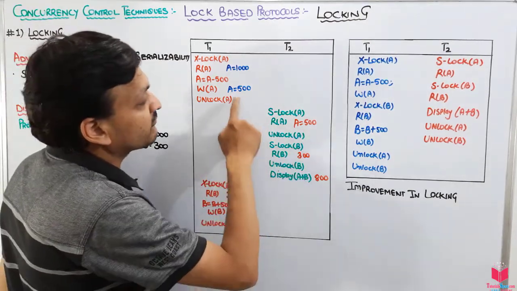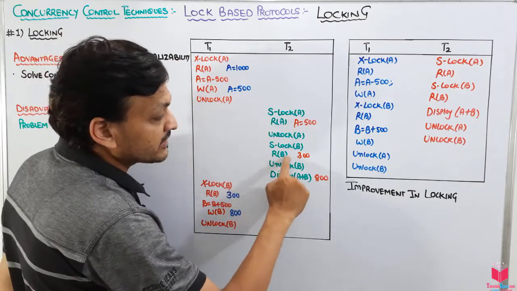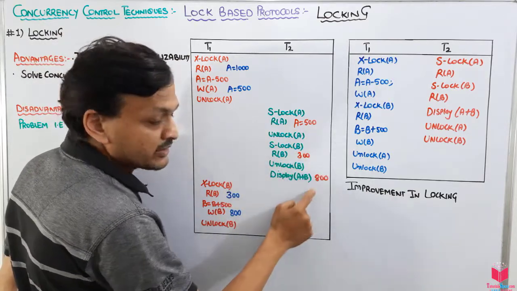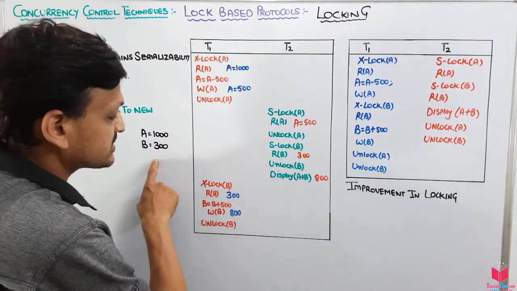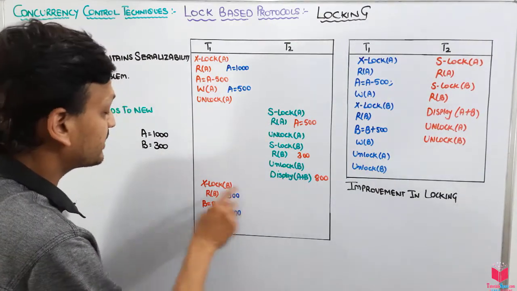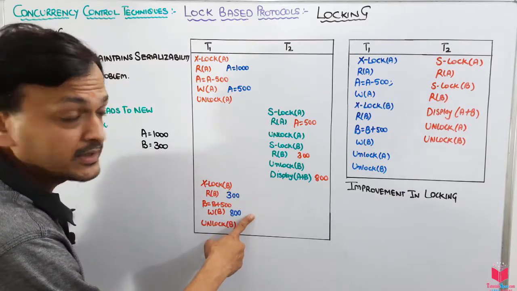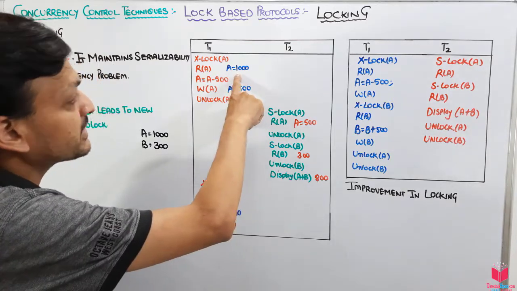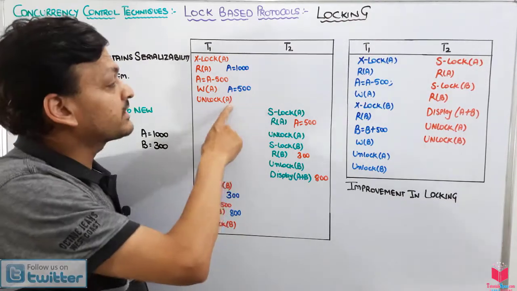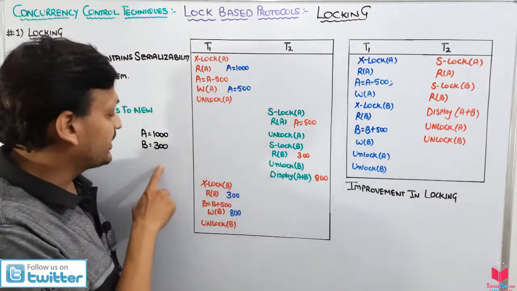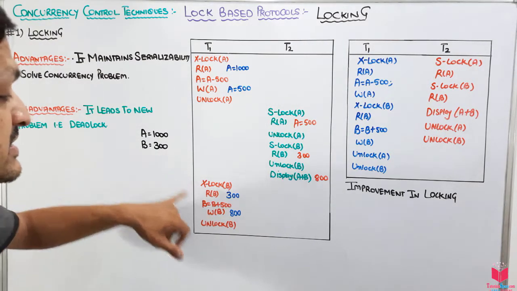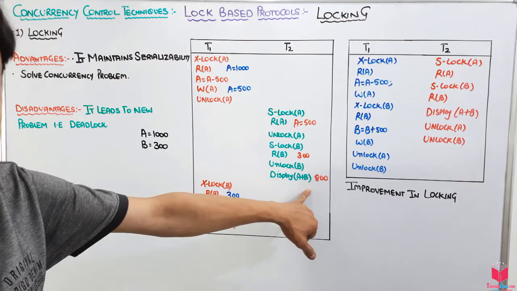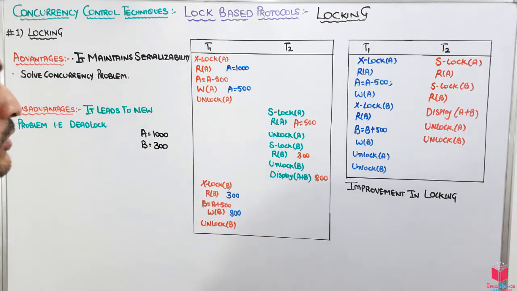It read the value of A from this. Okay guys, but after reading the value of B, it just adds to it. That is okay. But the problem is that B's value is 300, and I am just adding 500 to it, so B becomes 800. But here we subtracted 500 from A, which means we are adding 500 to the total, which should give us 1300, but it is giving us 800. So this is the problem, and that is why this problem occurs. This gives us an inconsistent result.